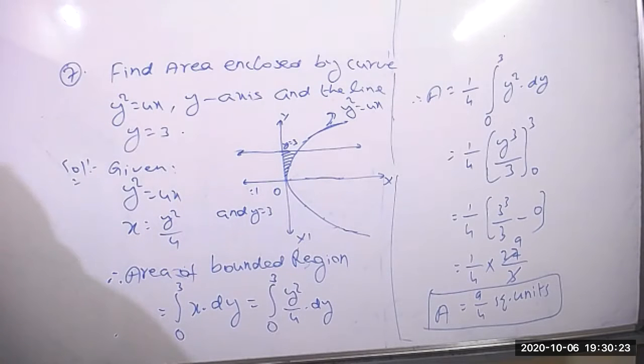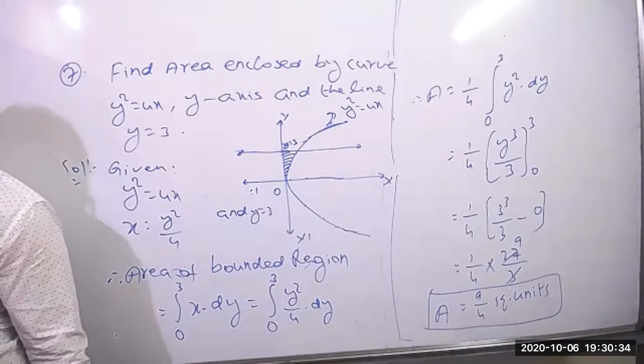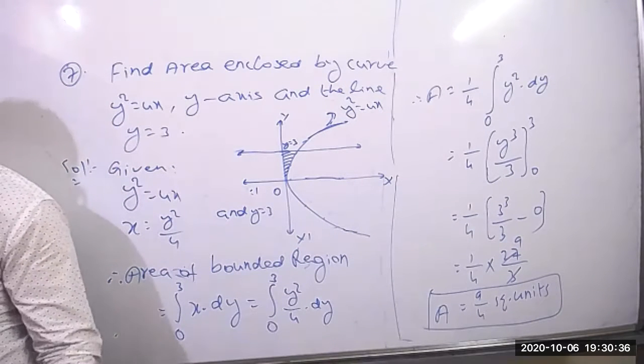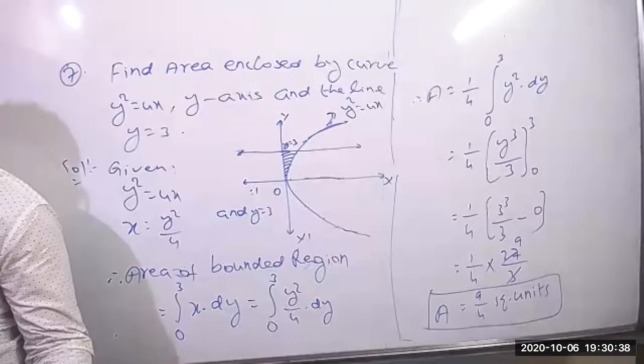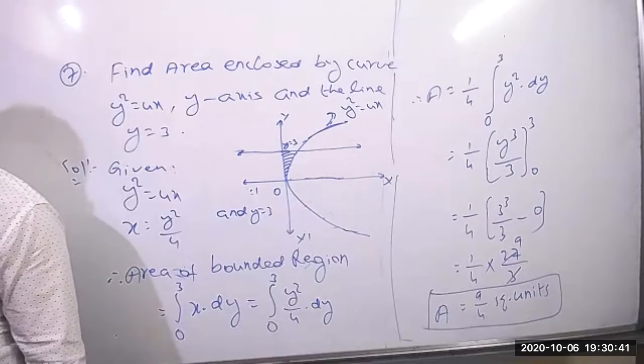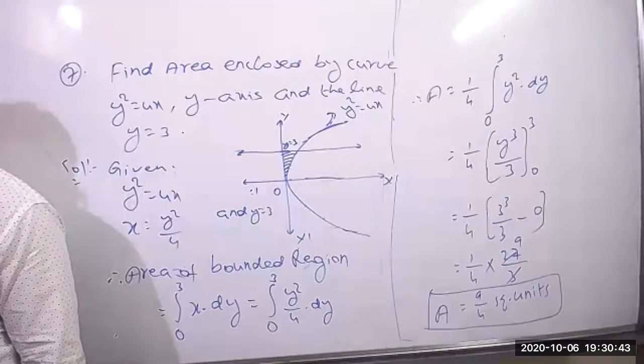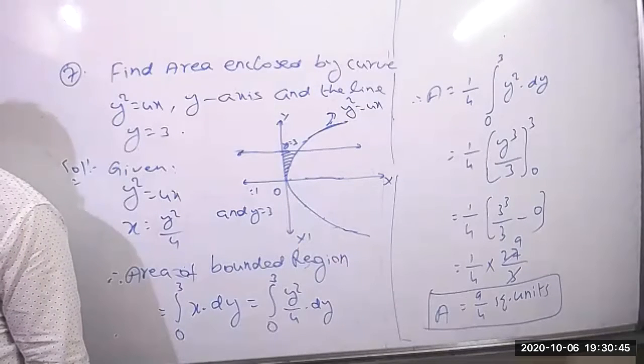But all these questions are important because they have already been asked in previous examinations. In this chapter we have very few questions, only 3 to 4 exercises. So we have to learn it perfectly, because from that chapter we will get almost 7 to 8 marks. One 3 marks question, one essay question also we will get.